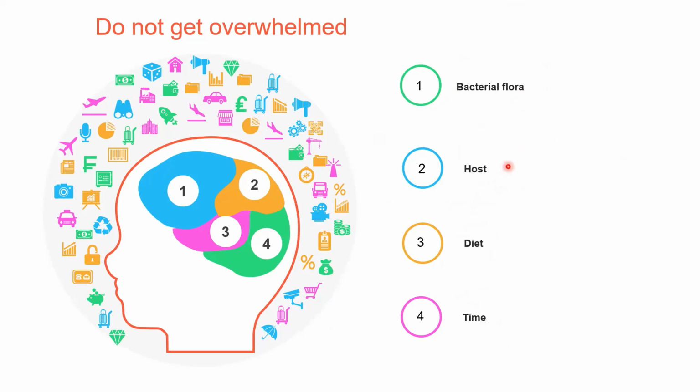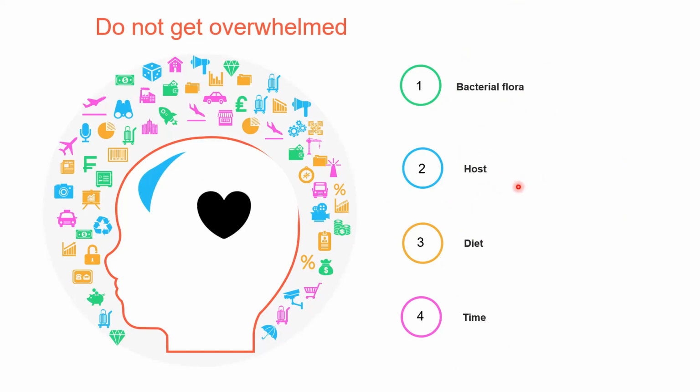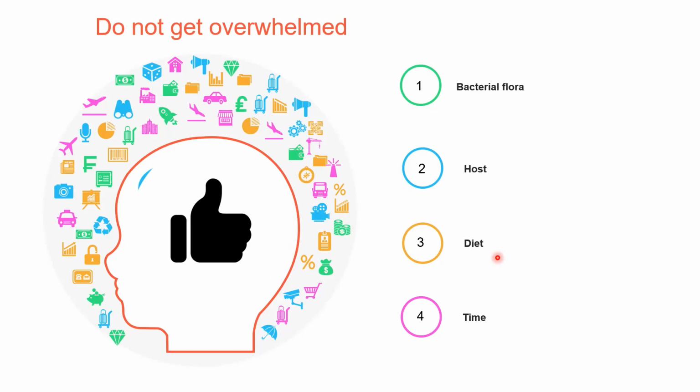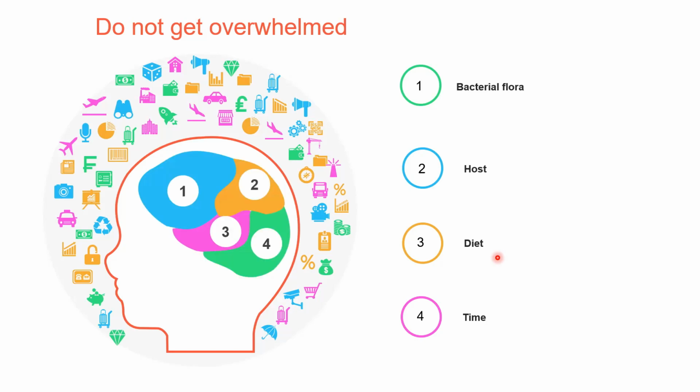Under the host, we discussed the tooth morphology, tooth structure, enamel composition and structure, and those are the factors which are intrinsic to the tooth, and factors extrinsic to the tooth were saliva, fluoride, immunity, and diet. Under the diet, we mainly discussed the carbohydrate-rich diet, and under carbohydrate, the sticky form versus the non-sticky form, refined versus unrefined, and solid versus liquid, and the frequency versus the amount. So these were the factors which were discussed under the diet.